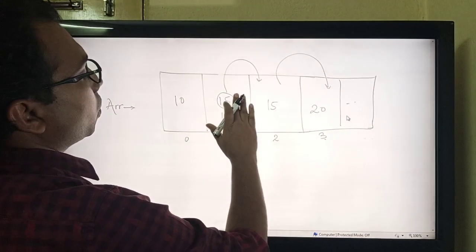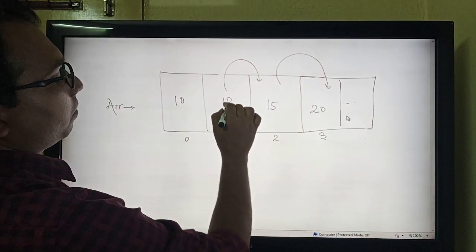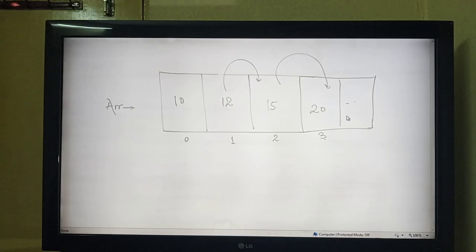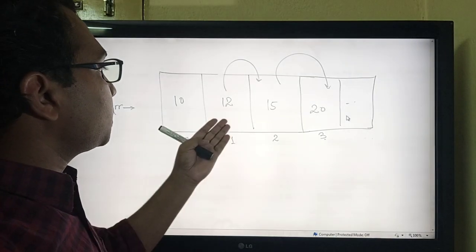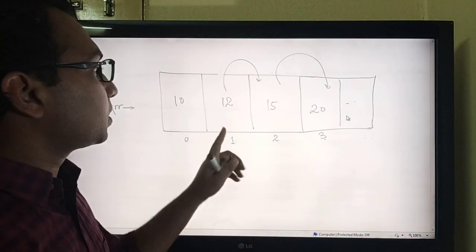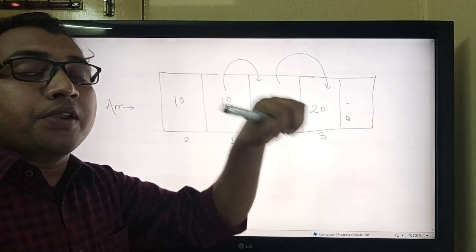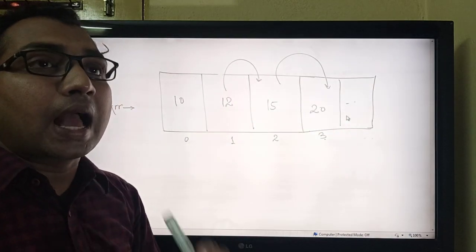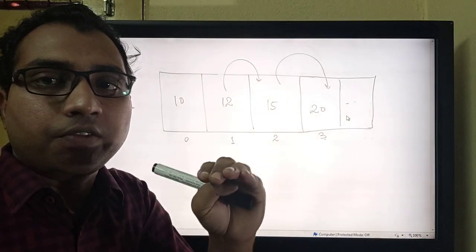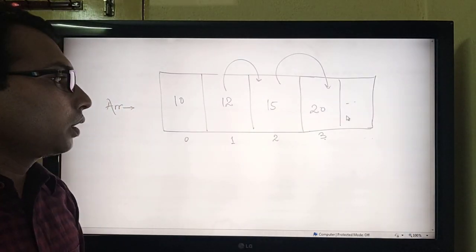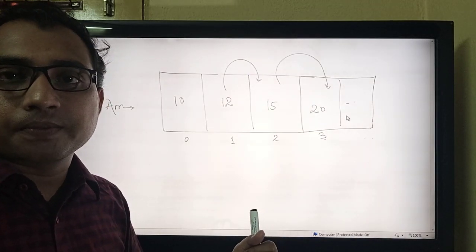And then we will be able to make place for 12. Now, if a huge amount of requests arrives and each of those requests involves shifting of the elements, then it would be very much time consuming and the algorithm's efficiency will be very low. Hence, it will not be advisable to use such algorithms.